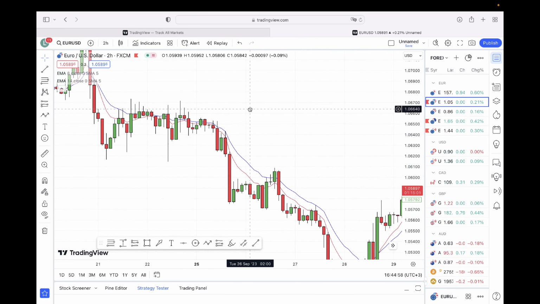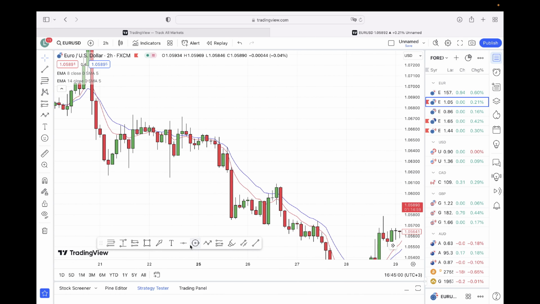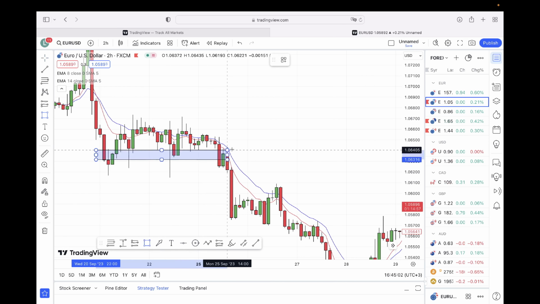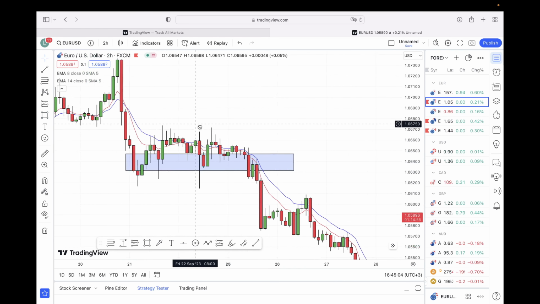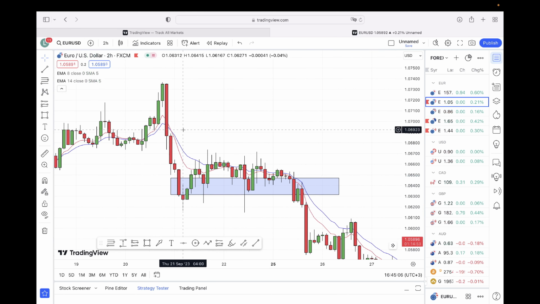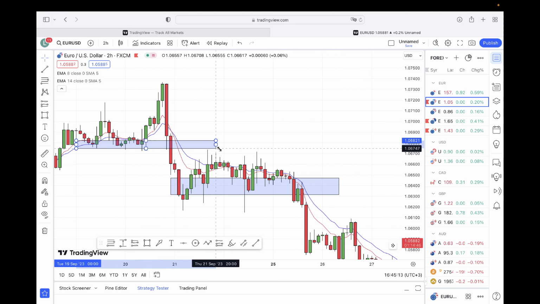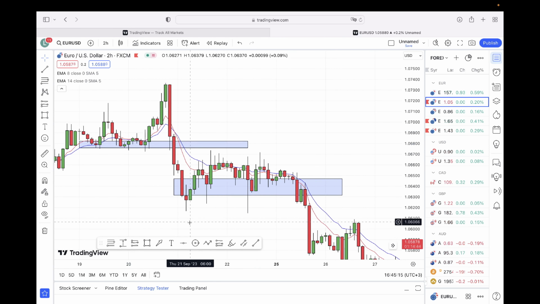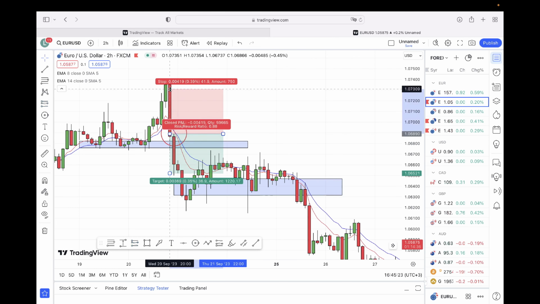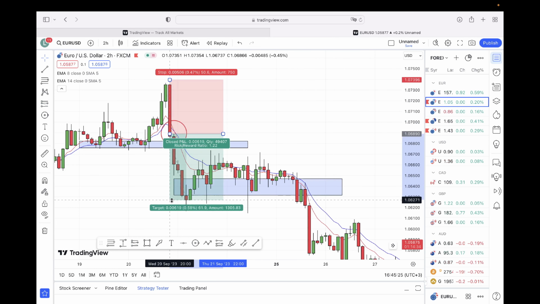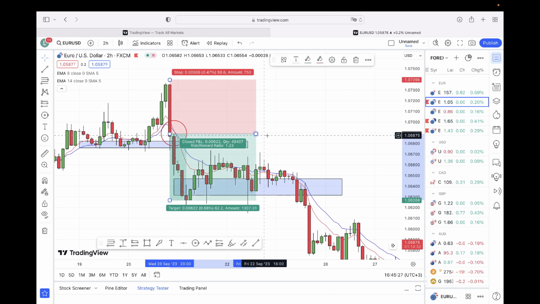So if we go to this particular place right here, we can mark our support or resistance levels, it doesn't matter. And as you can see, here we had our first cross. Here I can see that we have a support level, and basically here we have a cross, and according to this strategy, here we should open a sell position. Boom, so let's open a sell position,